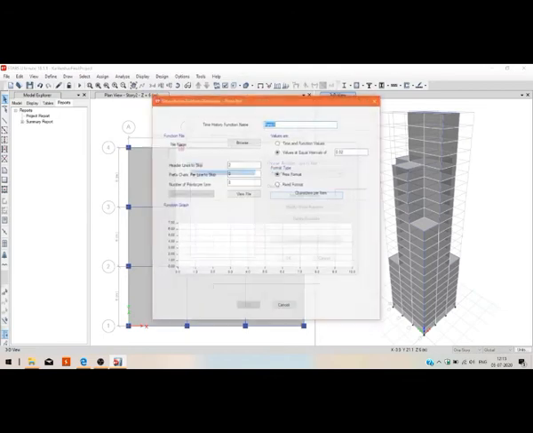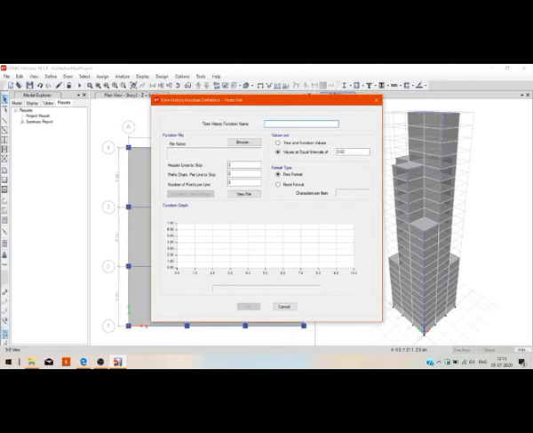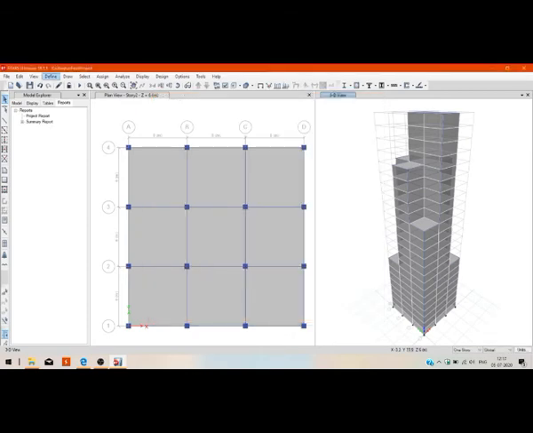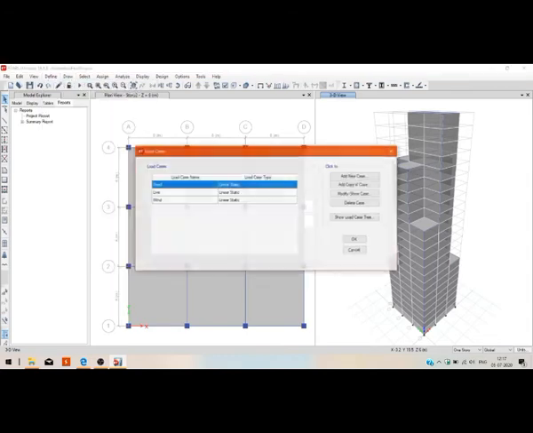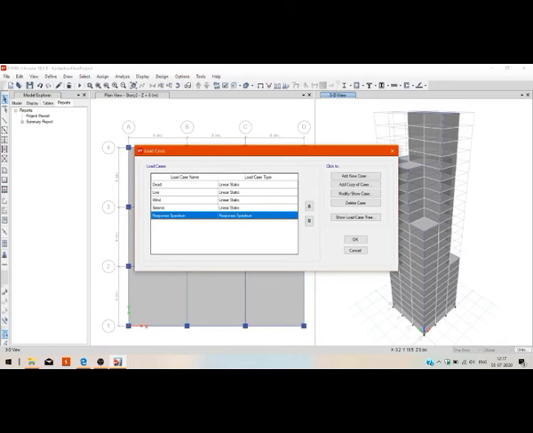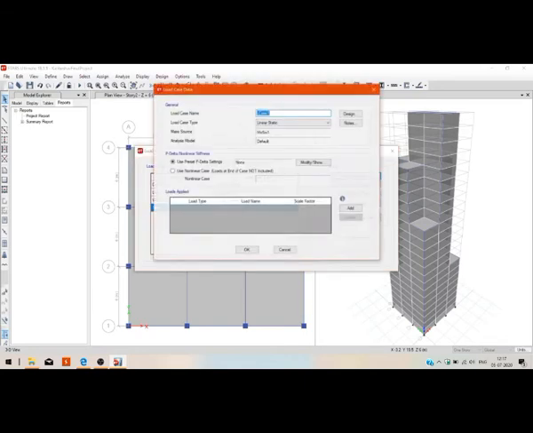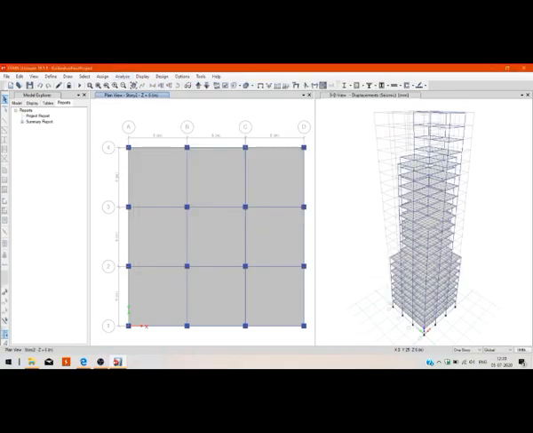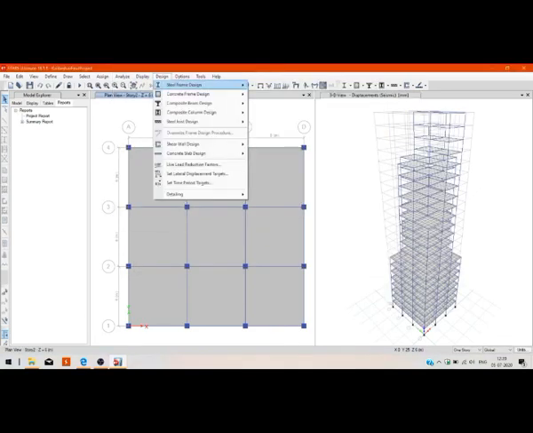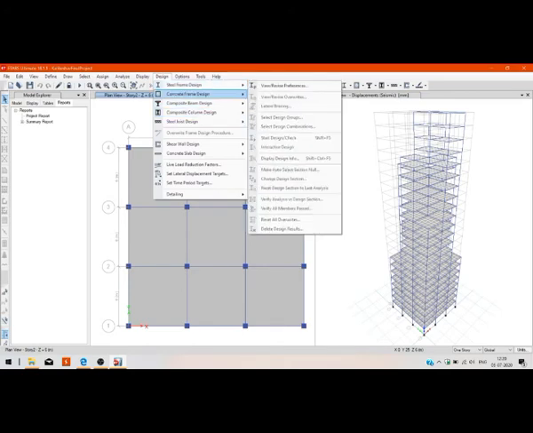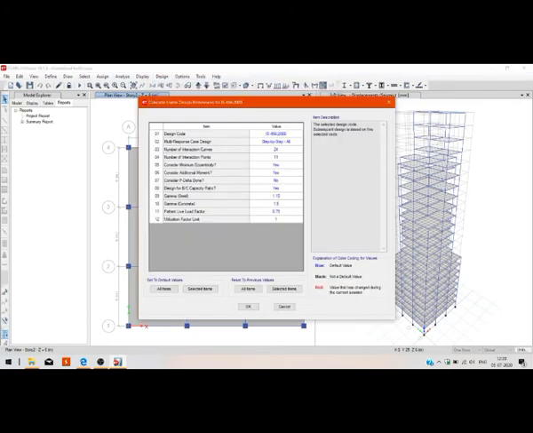Now we will go to the define menu, then function, then time history. This will open a tab from which we have to choose from file, then give the time history function name. We will also check that the load cases have been selected and the response spectrum has been deleted.